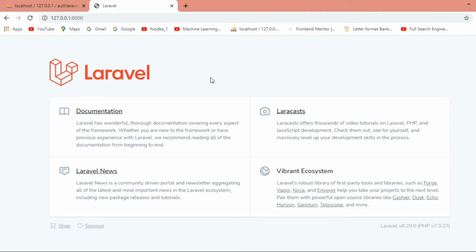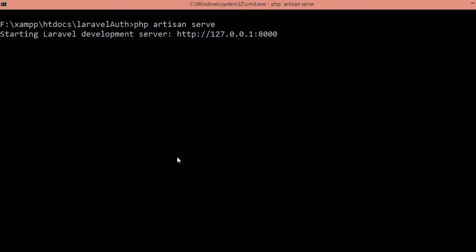Okay, Laravel 8 has been successfully installed. The next thing is that we have to implement the authentication in this project. After implementing the authentication, you will be able to see the login and register hyperlinks. So let's go.